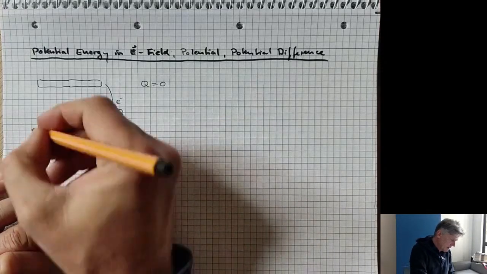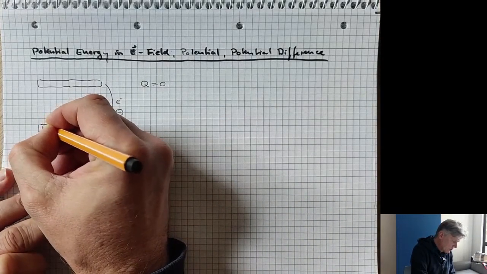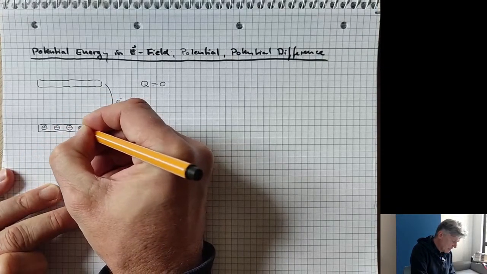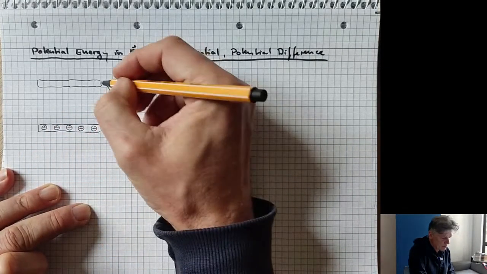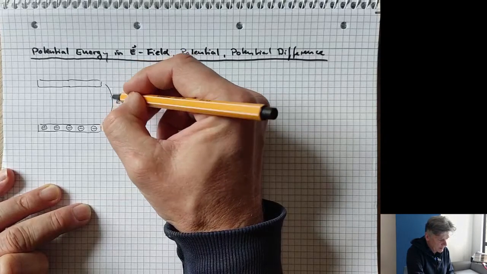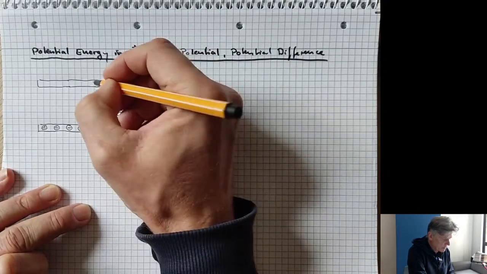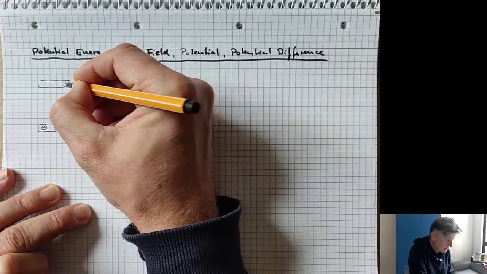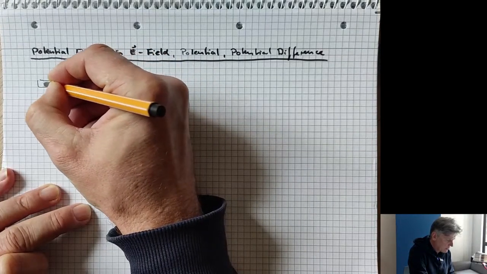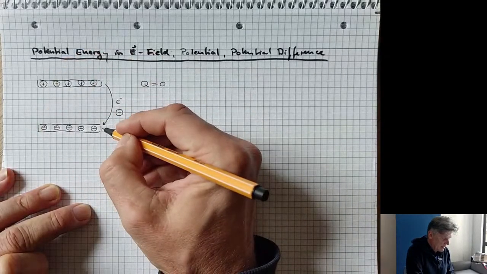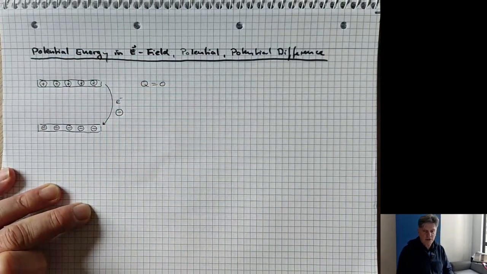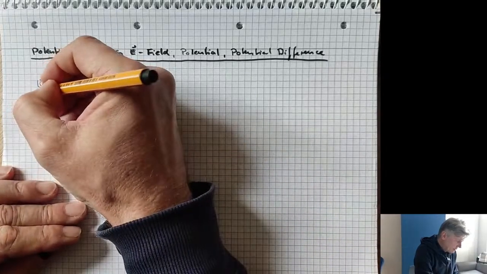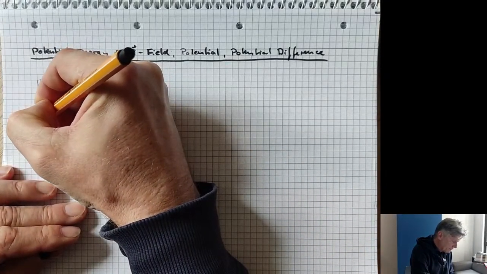After some time, we would accumulate negative charges on this side, and we would have positive charges on the other side. Because when we are moving a negative charge from here, when we are displacing this negative charge, then a positive charge remains. So we have as many negative charges on this plate as we have positive charges on the other plate. That causes an electric field